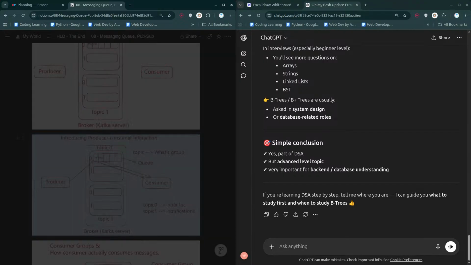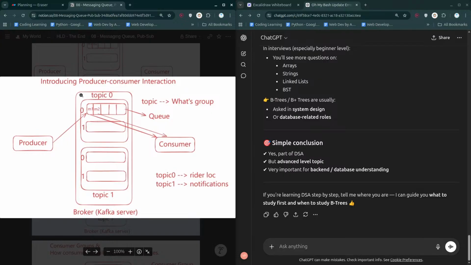Let's continue with this. So over here what exactly happens is that whenever a producer sends a request, the producer simply sends all this information, like what should be the broker. First of all, the broker is decided because this is a server, so it's going to be auto scaled. And apart from this, we will have to mention the name of the topic, which topic is going to be used. Then we'll have to mention the name of the partition as well, which partition is going to be used.